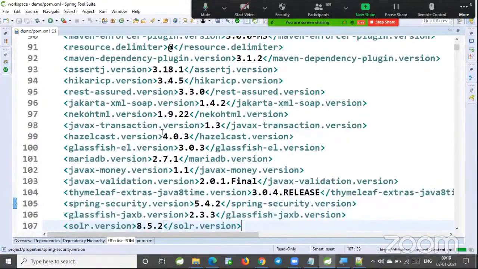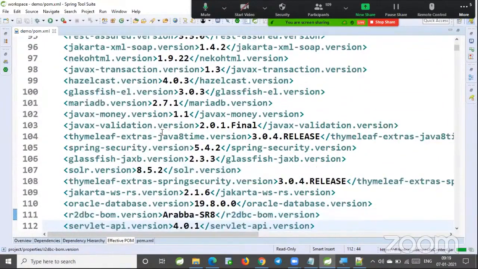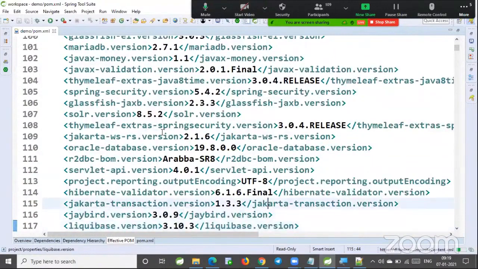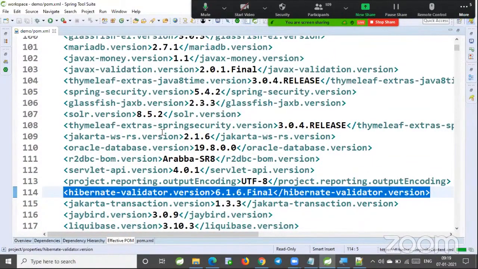Now next, similarly, what are the dependencies that you are going to configure for them? If I use Hibernate Validator, do I need to think about which version of Hibernate is compatible with my Spring Boot, or do I not need to bother about that? We no need to bother about that. Yesterday when I told you version conflicts are resolved,